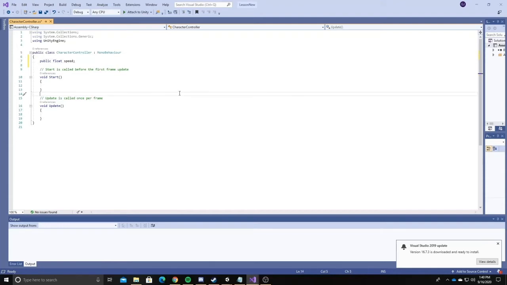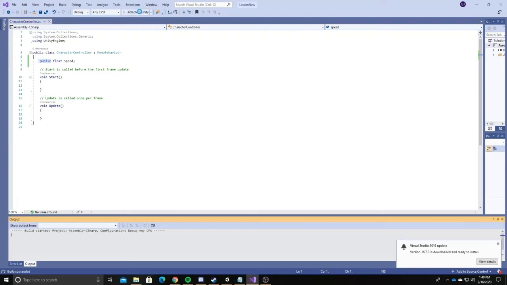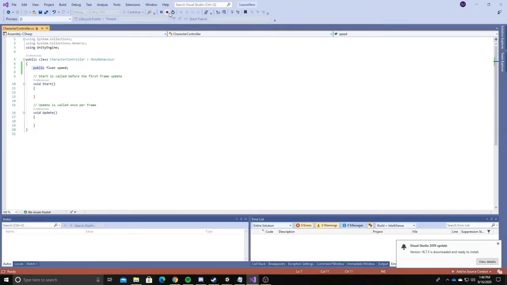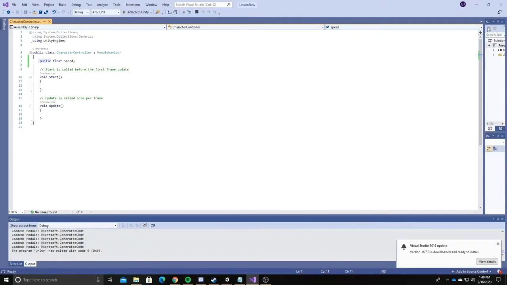Now, you're probably wondering, why didn't I assign a value to speed here? Well, the reason I didn't is because I used the word public. The words public and private are really interesting inside of C# coding, inside of Unity. When you use the word public before a variable or a function, you are actually allowed to edit that variable inside of Unity. What do I mean by that? Well, if I attach this to Unity by hitting attach to Unity at the top here, and then hit the stop button because it's already attached,